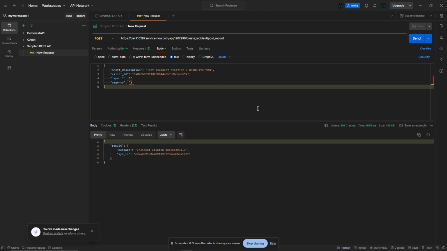Good. That one role is sufficient, you can see. Okay, no need of giving ITIL as well. That one role is sufficient. And you can see the incident created successfully. This ID is this one. So we'll just validate, copy this,